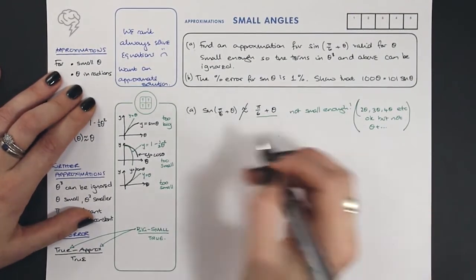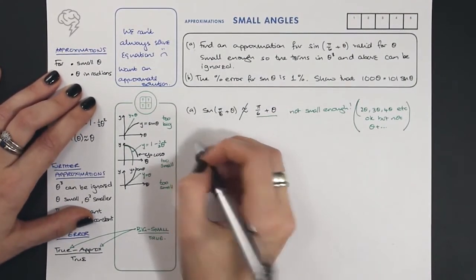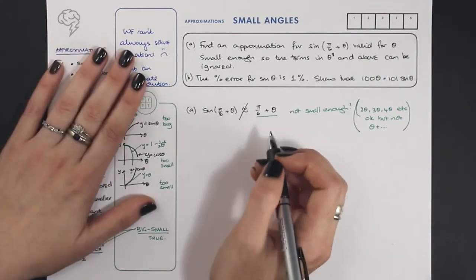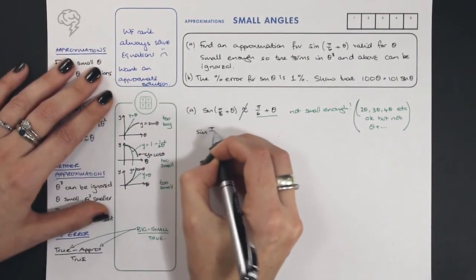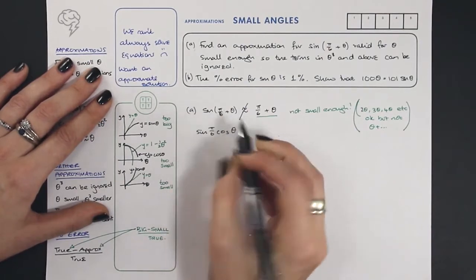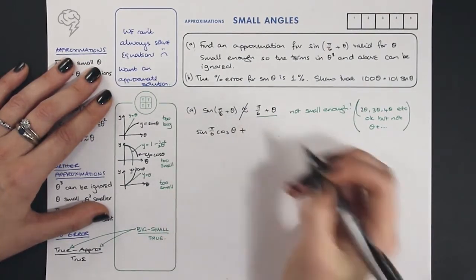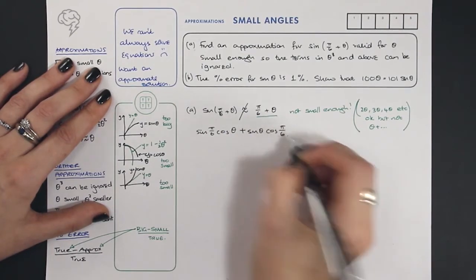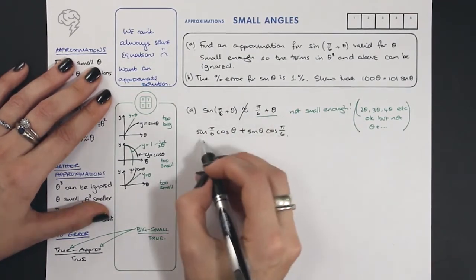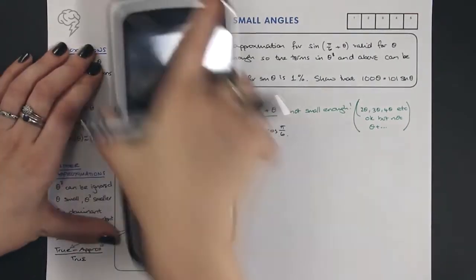If you don't know that yet, don't worry. It's just one of the many formulas that you're going to learn. So the formula is sine cos, and then the same sign as that, so a plus, and then sine cos. Okay, now sine of pi by 6,